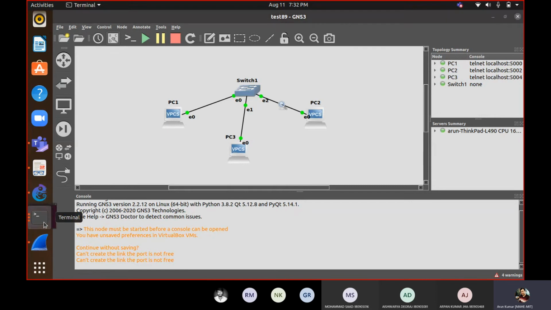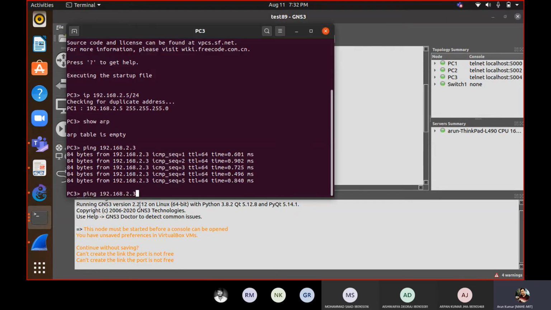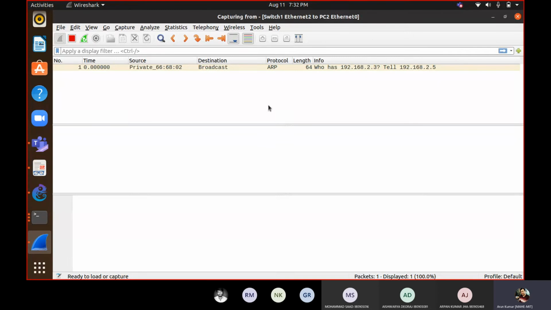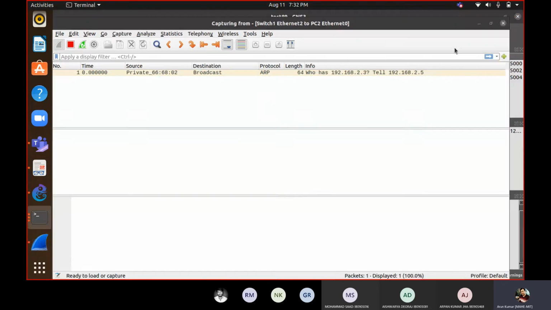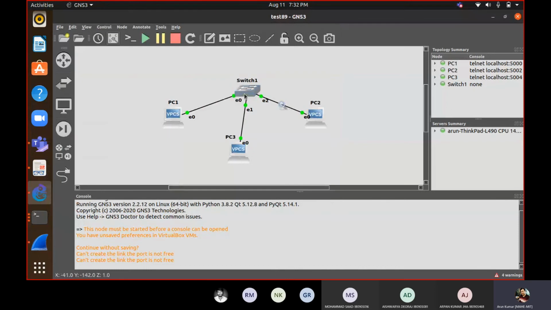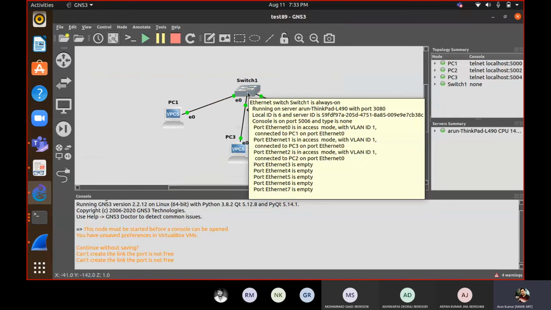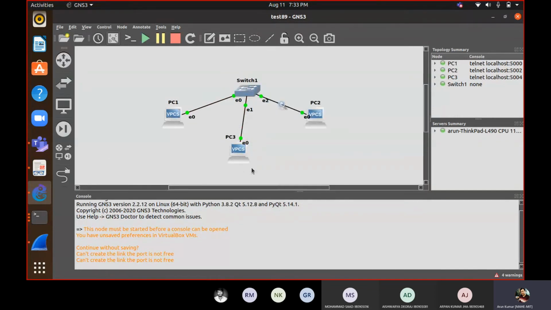Once again, if we look at the packets, see, now it hasn't received even that first broadcast message, because this switch has already captured that information. So switch 1 has this information. Instead of broadcasting it on all the wires, it has directly conveyed it to PC1. So ICMP communication will be on. Here also we will capture certain packets and see what will happen.